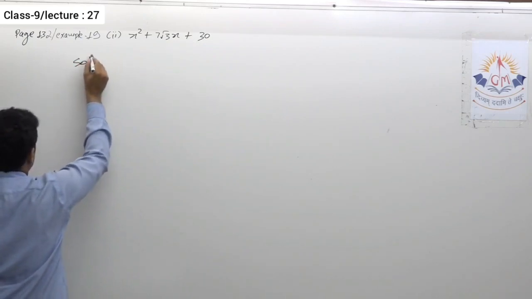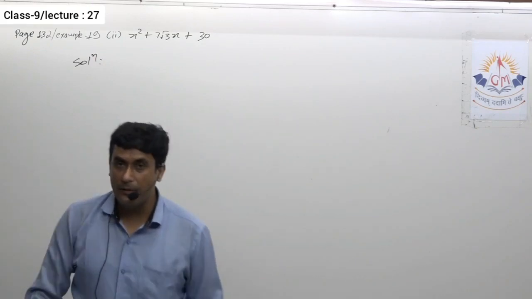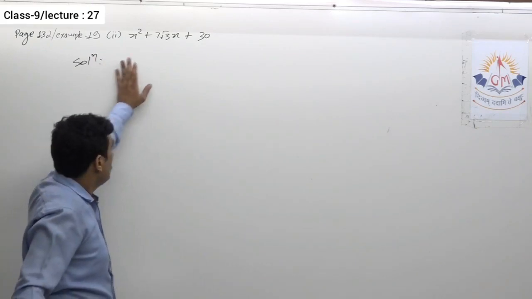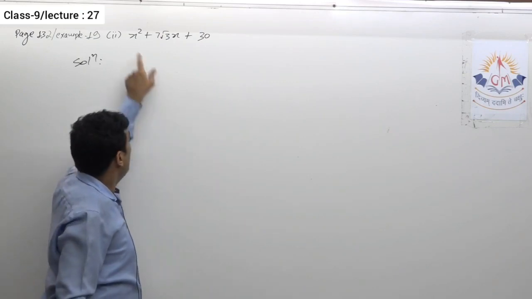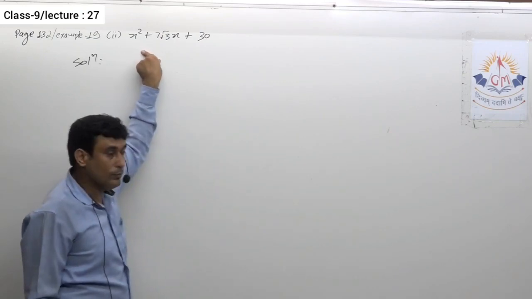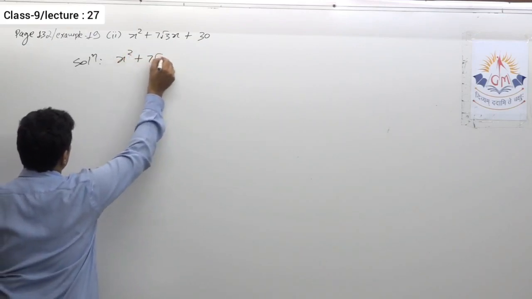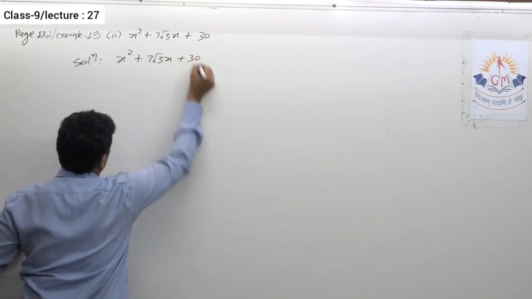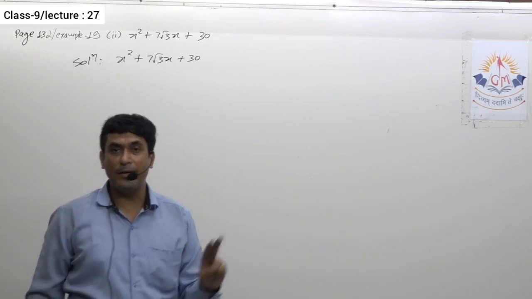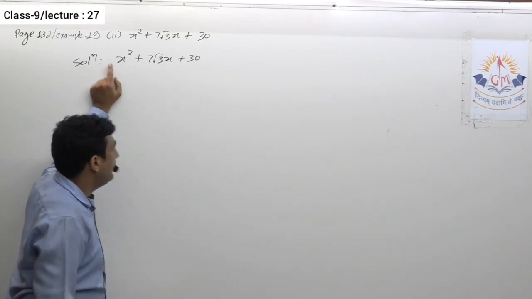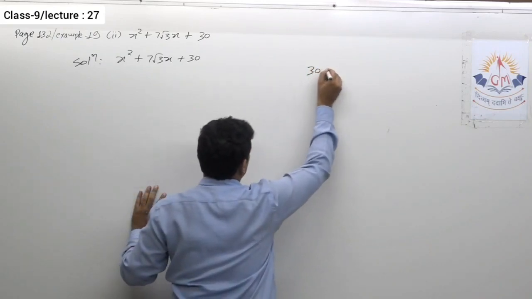Okay, so let us see how to solve this. Again, two things that we have to check: whether the given expression is in the standard form or not. Yes, it is in the standard form, and the first term is positive. These two things are verified. Now, to split the middle term, we find the factors of the constant term multiplied by the coefficient of x square. Here it is 1, and this is 30. That means we have to find the factors of 30.